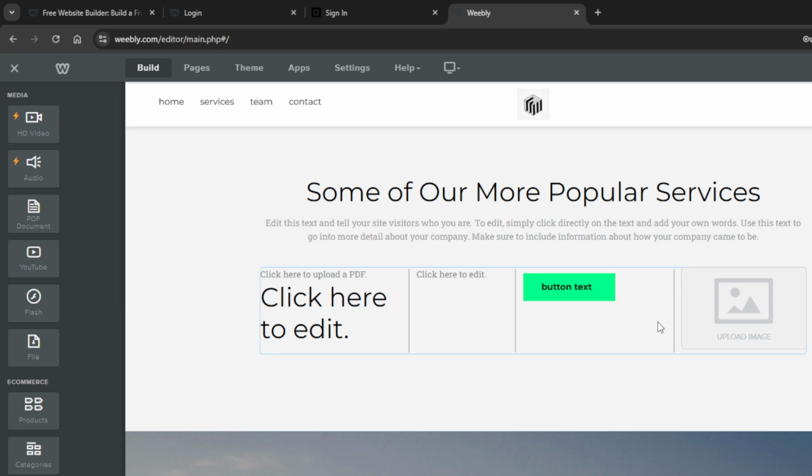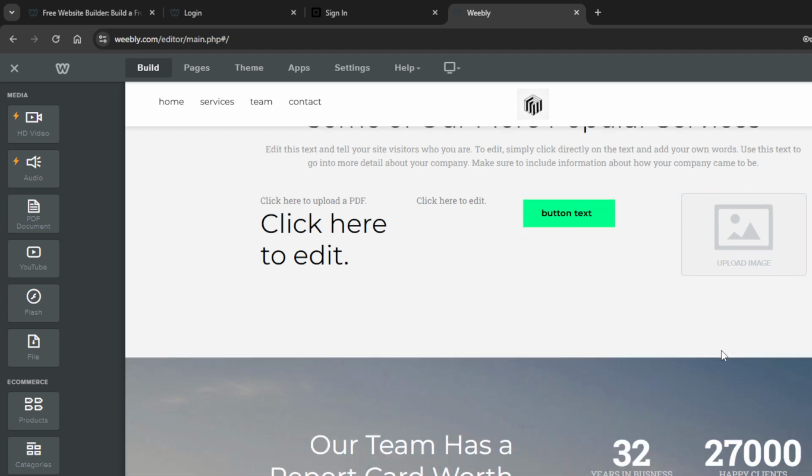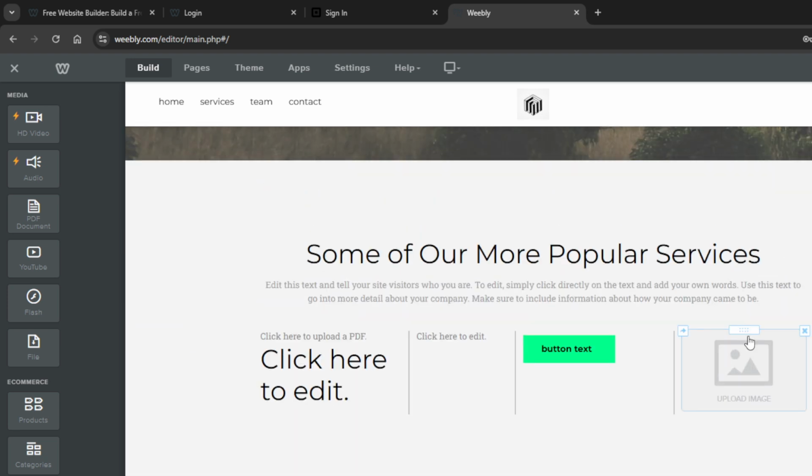You've successfully added a PDF viewer to your Weebly site. Your visitors will now be able to interact with your PDF file directly on your web page, making it easier than ever to share valuable information in a clean and professional